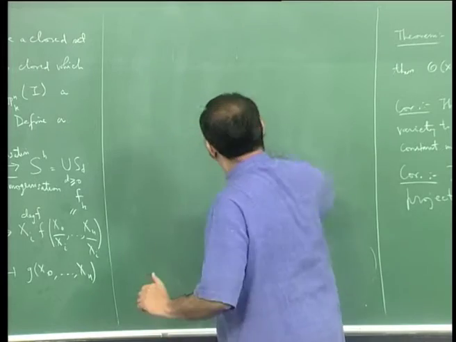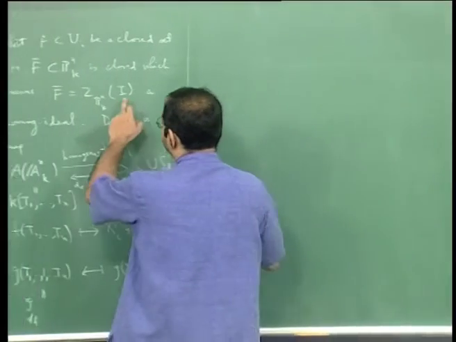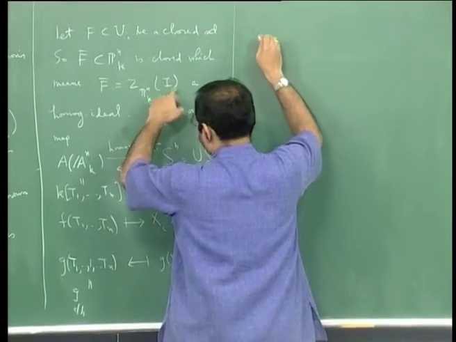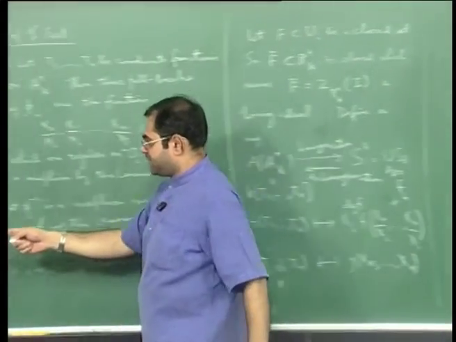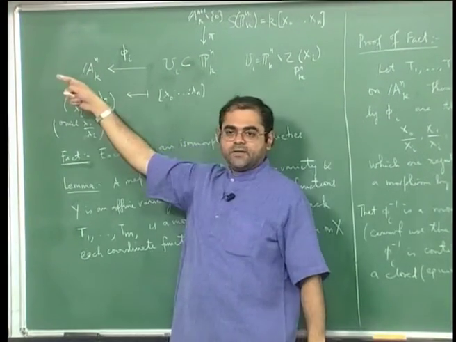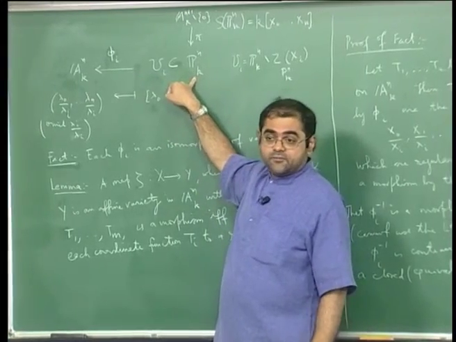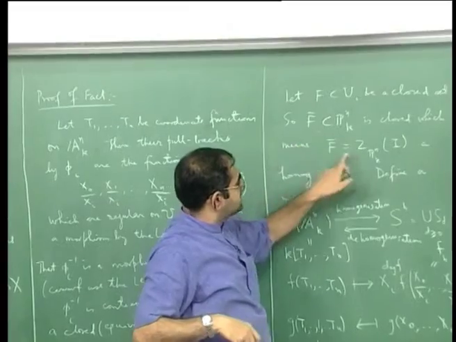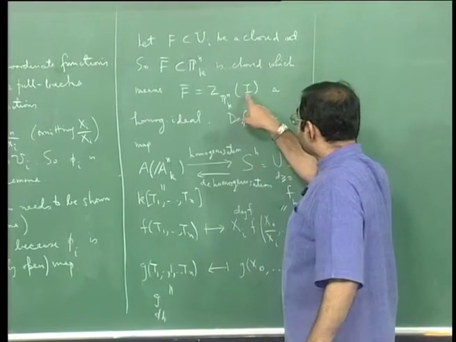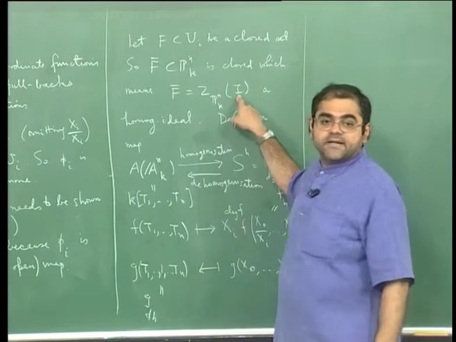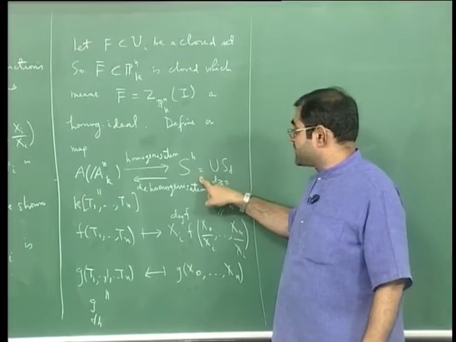have this map is because you can now check. It's a very simple set theoretic exercise to check that, see, I am trying to check that this map phi is closed. Okay, so I started with an f which is closed here, and I took its closure in the full space, and this f closure is the zero set of an ideal. It's a homogeneous ideal. So now what I'm going to do, since it's a homogeneous ideal, it's generated by homogeneous elements. Alright, so I'm going to take those homogeneous elements and